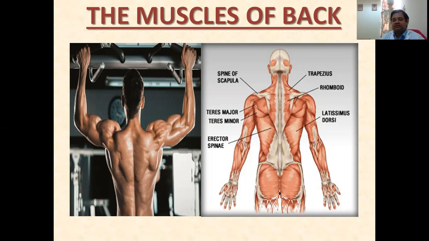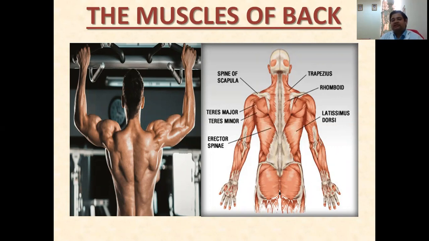So in this particular lecture, what we are going to study is, first of all, if we start from the back of the body, what are the things we are going to see: skin and fascia, and then muscles. Here the muscles are arranged typically in certain layers: superficial layer, intermediate layer, and deep layer. The superficial layer is the outermost, just below the superficial fascia or deep fascia, and is specifically connected with the appendages, especially the pectoral girdle.